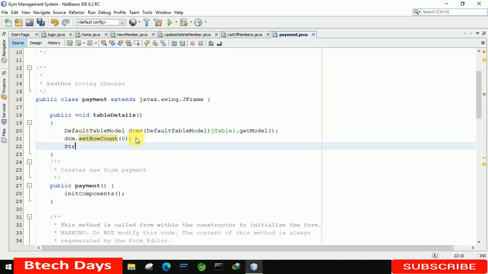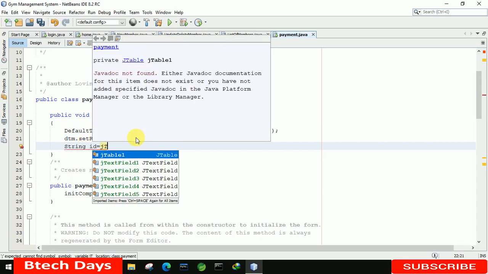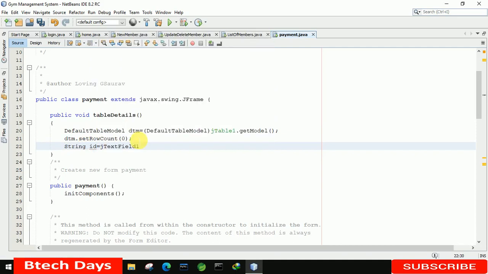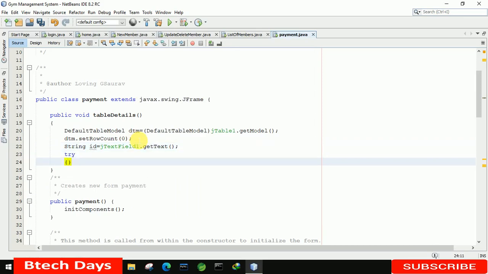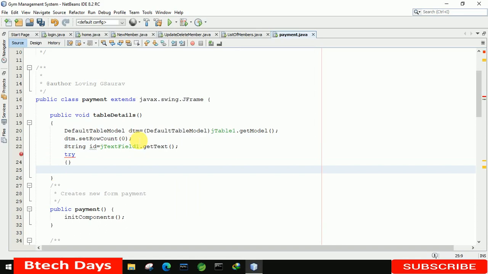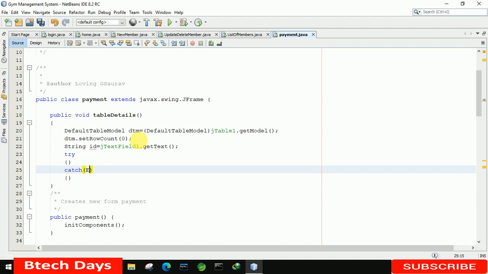So let's write String id equals to jTextField, and here we just need to select one for the id, and dot getText. Okay, after that, here we have to write a try catch block. Okay, and catch, here we have to write Exception.